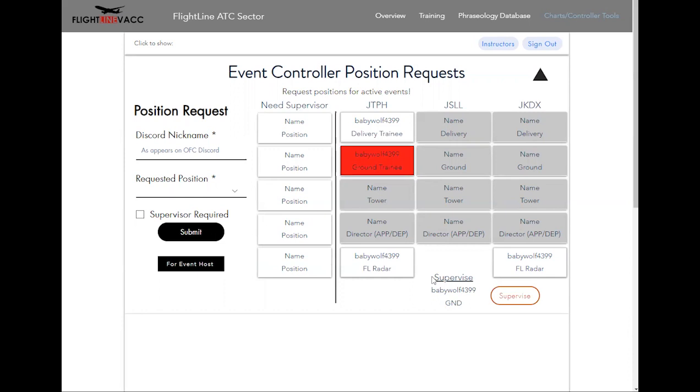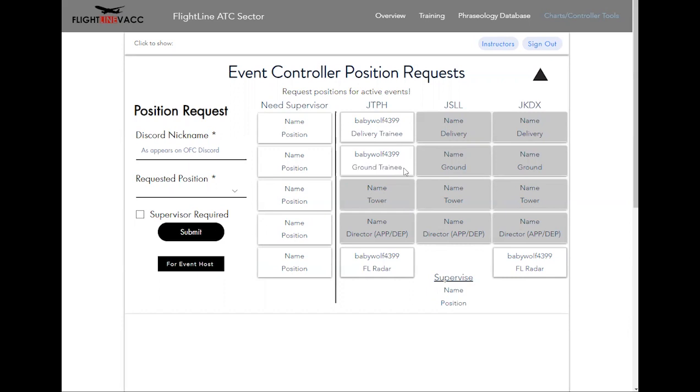This function is not yet filtered by what rank you are, so please do not agree to supervise someone who is above you or who you are ineligible to supervise. After clicking supervise, the box will change color and you can hover over the box once again to see who is supervising them. Once again, since the data does take some time to update, check to make sure that you are their